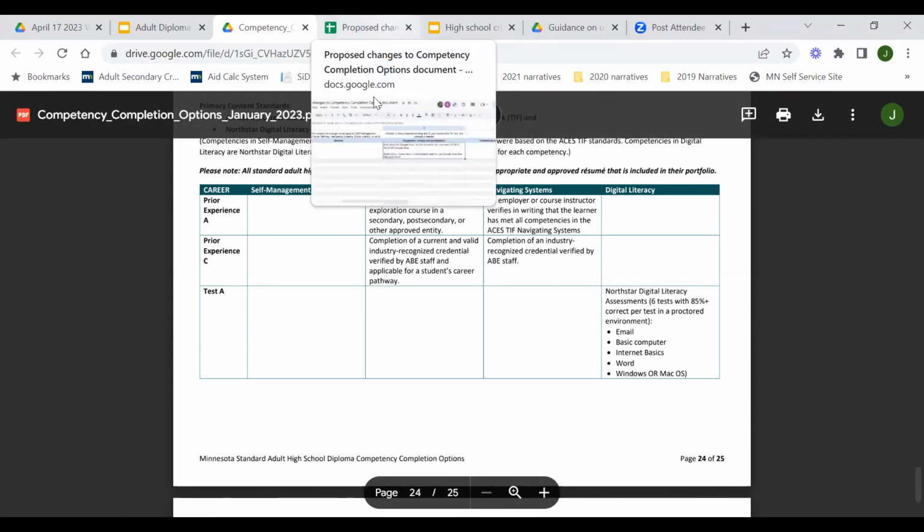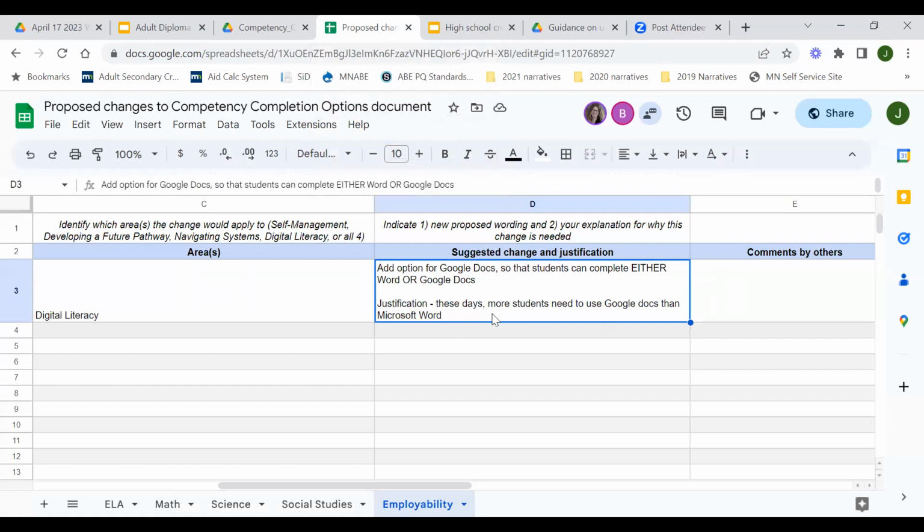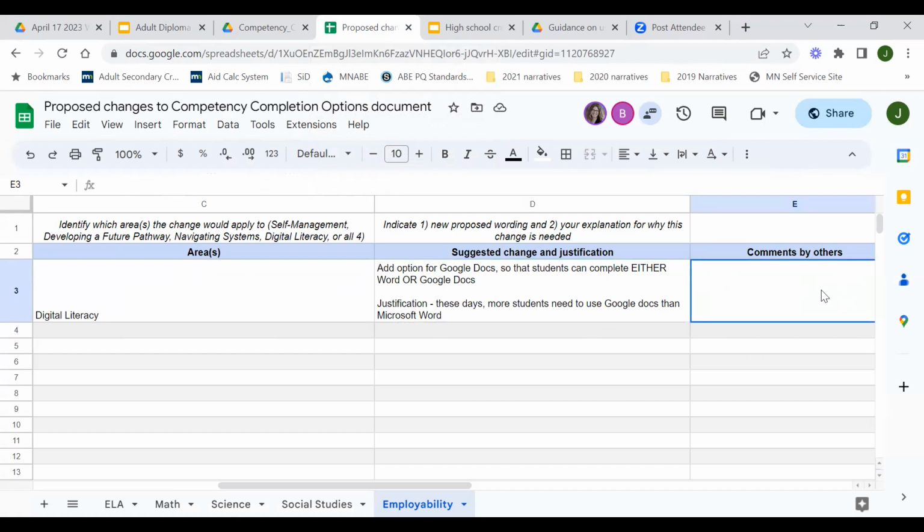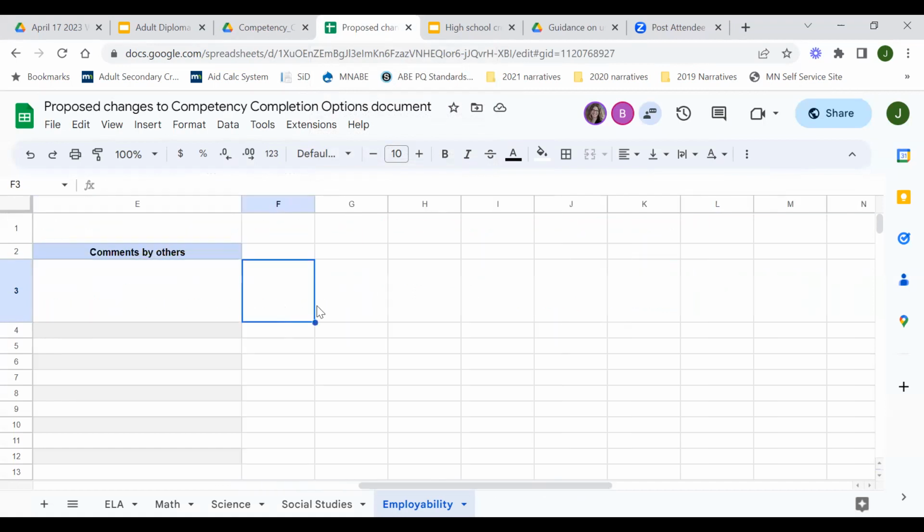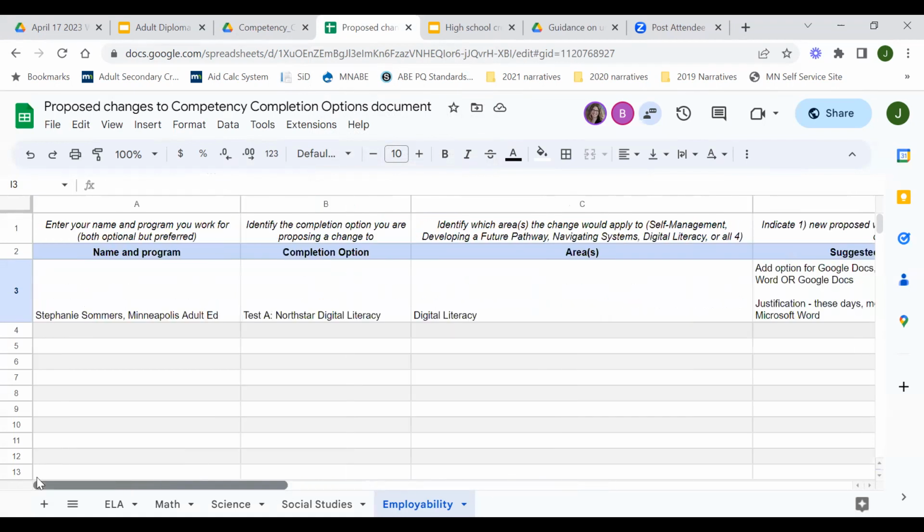That's the proposal. The justification is that more and more students are using Google Docs these days, and Google Docs is maybe more relevant than Microsoft Word. So that's the suggested change. This column is open for anybody to comment on whether you agree or disagree or think something different. You can certainly use these other columns over here as well.